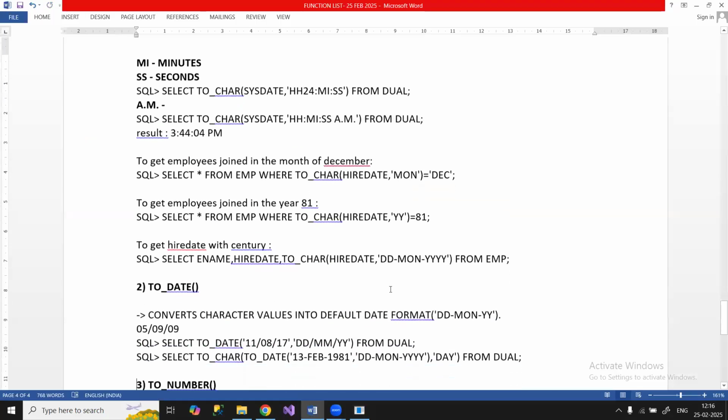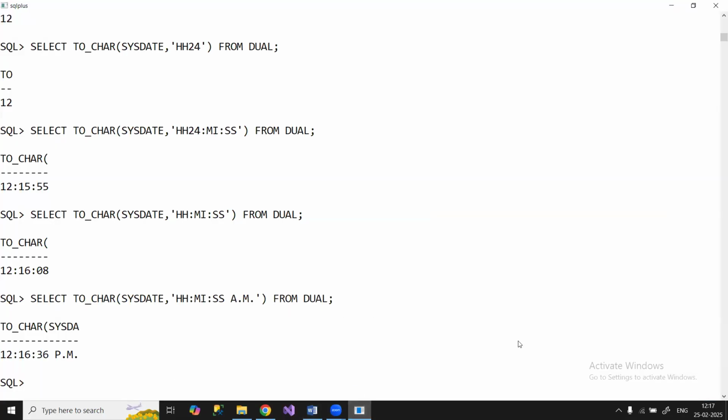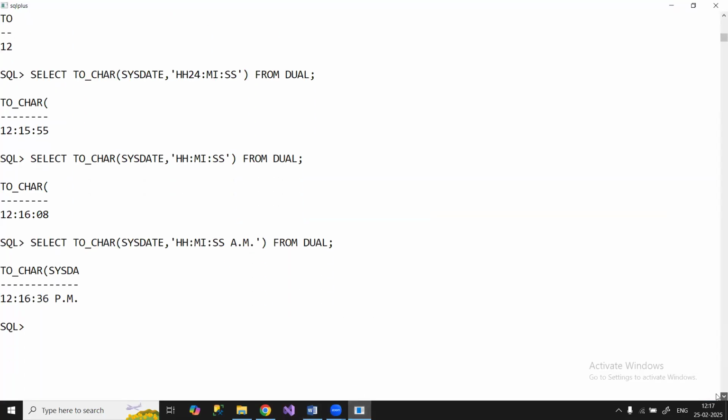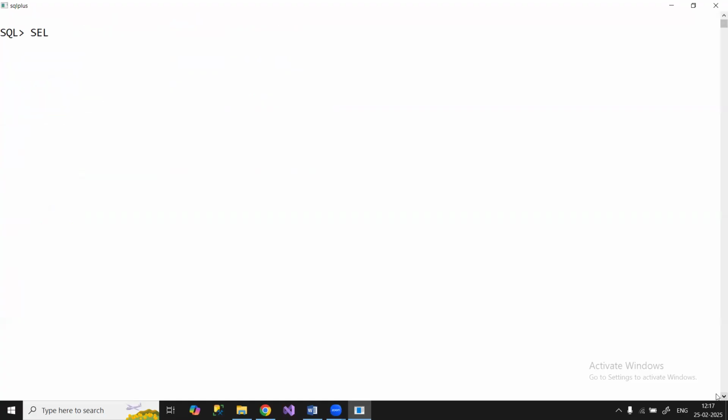Here you can see important queries using TO_CHAR to get employees who joined in the month of December. In the EMP table, we can see employees joined in different months and also in different years. So if you want the list of employees who joined in the month of December, in the starting classes I used to give it like this: select asterisk from EMP where hiredate